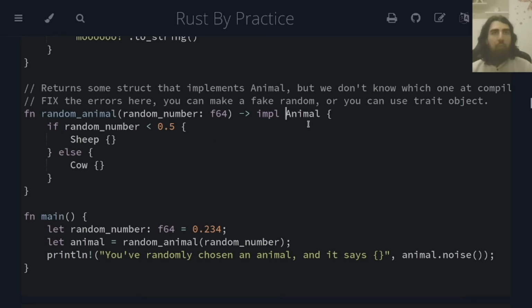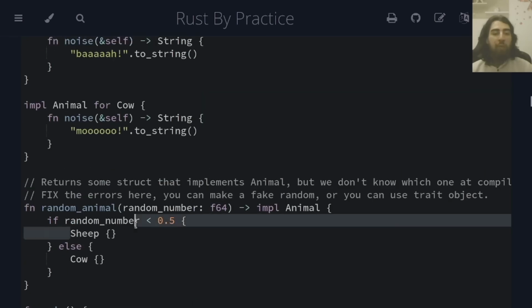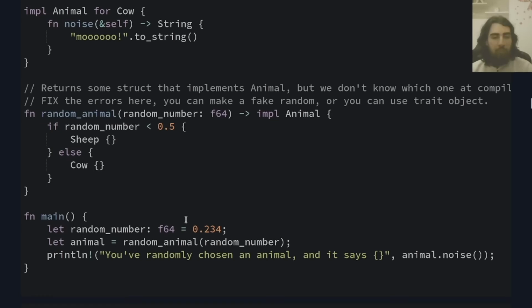So we have left off over here, and I hope by now you know that this over here is not possible. We cannot return a type which implements the Animal trait because these could vary in size. And again, over here we return a type that implements the Animal trait. Now, if this over here would be really a random number, then we don't know exactly at